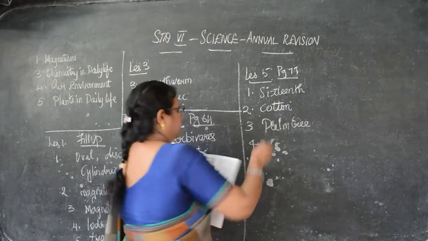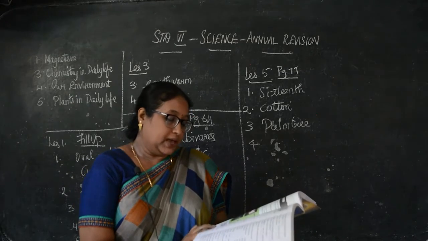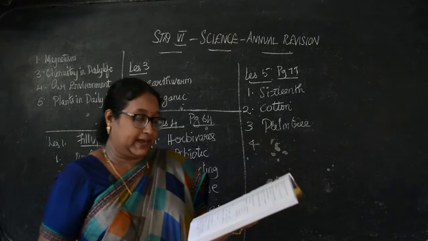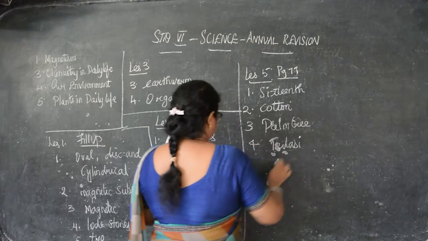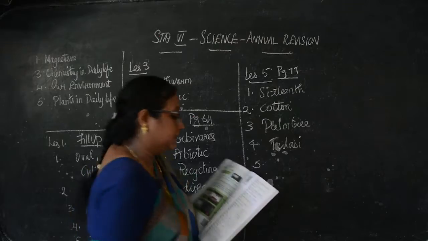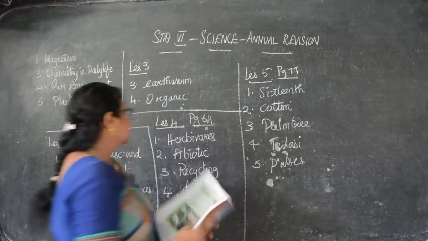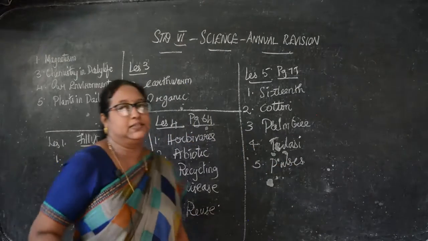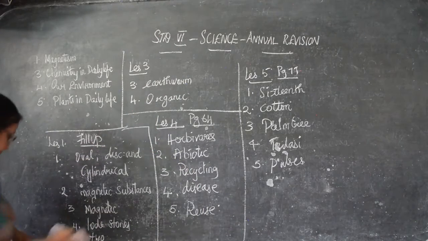Listen to the question carefully, children, okay? The juice of the leaves of dash plant relieves cough and bronchitis. That is tulasi. Okay? Then fifth, the edible seeds of leguminous plants are called pulses. I mean, take it down from all these 4 lessons, fill up, children. From all these 4 lessons, it will come for your exam.